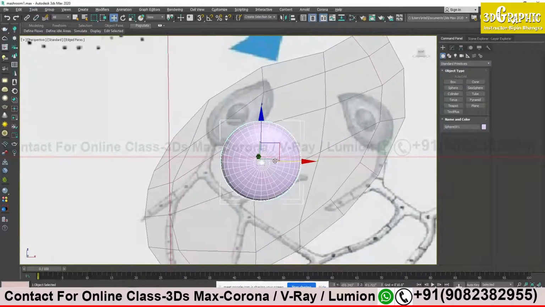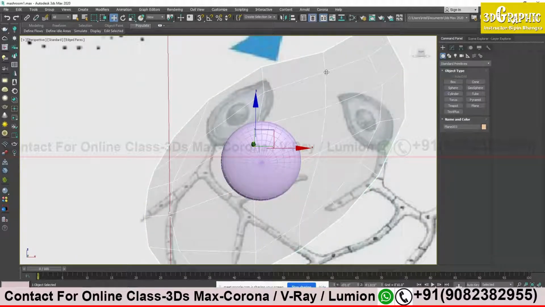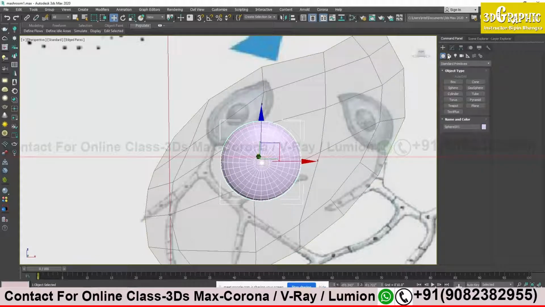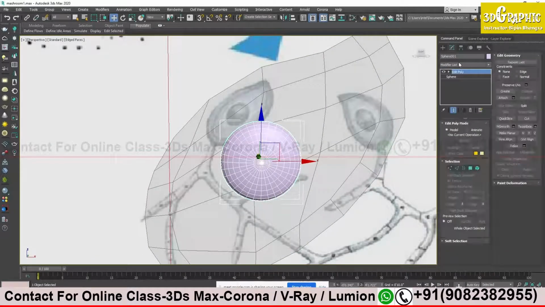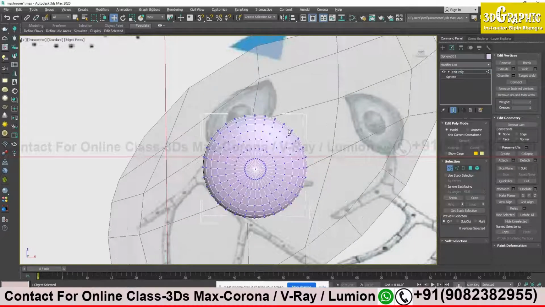But first of all, you see there are lots of vertices and lots of edges. It will be very difficult to control that. The lesser number of vertices you have, the easier it is to control. I have so few vertices, so it is easy for me to control them. But here you can see, if I go to Editable Poly to control it, I have so many vertices.